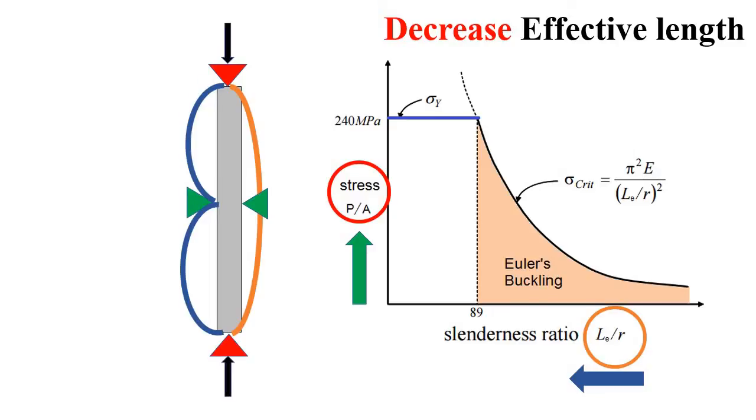Let's discuss. Let's say we have multiple columns. Here I have provided only 5 columns. Let's say you have 50 columns, or even if it is not 50, let's say you have 10 columns. When all the columns are under the action of lateral load, not axial load, lateral load like this, to increase the strength of the column, if you increase the section size, it is not going to give you an economical result. So for that, you have to go for the second option, or you have to reduce the effective length.